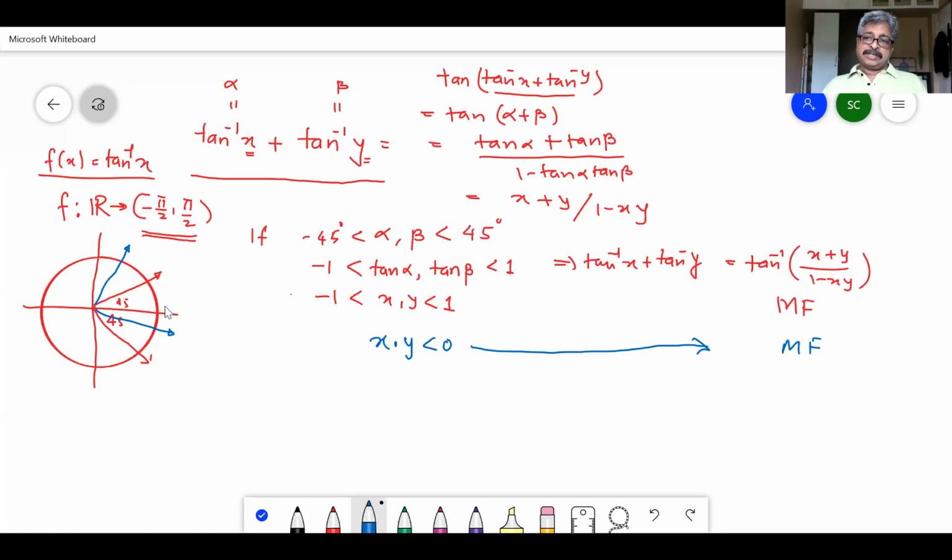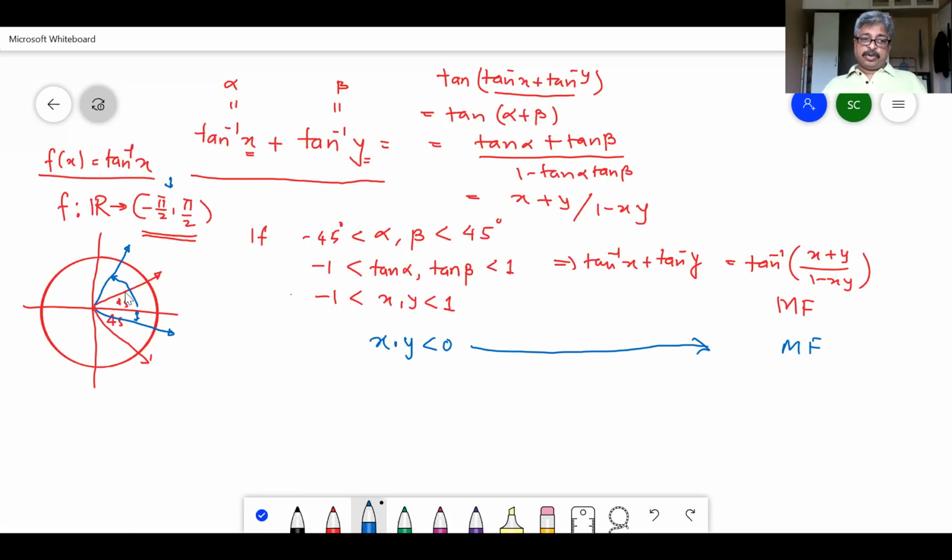Sir, when we say we are adding, is it with the negative sign or only the magnitudes? Adding means, yes, of course, with the negative sign. You are adding both angles with their signs. Now, this angle is going to be say minus 20 and this angle is going to be say 60, then 60 plus minus 20 is a total of 40. 40 is in this range, no problem. Understood? Yes. Now the boundary cases.